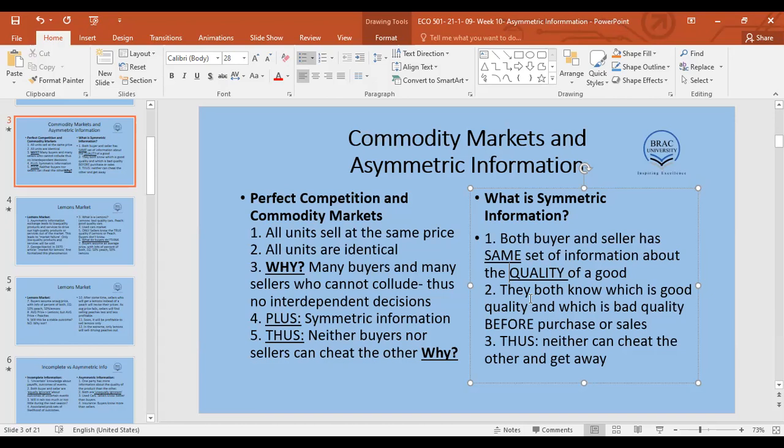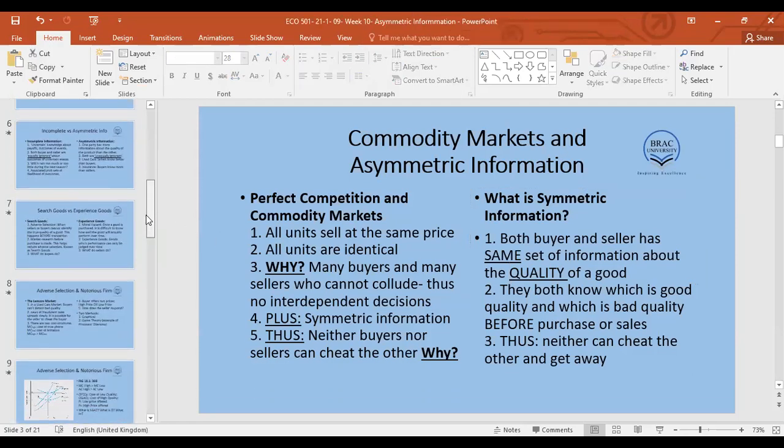BRAC University hires somebody, and the hiring process is extremely competitive. The screening process is extremely fair. So they hire Mr. X or Miss X, whatever. Can BRAC University be 100% confident that Mr. X or Miss X will be performing fantastically after 2 years? No, sir. So the next problem with asymmetric information is: